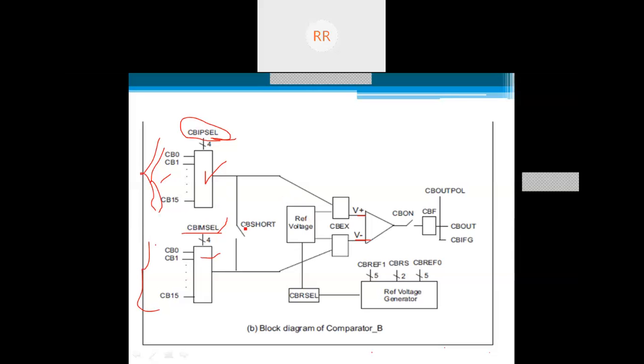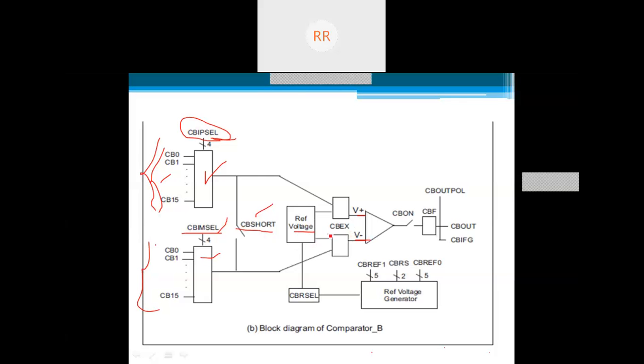To select inputs from CBIPSEL or CBIMSEL, the CBSHORT bit must be 1, it must be set. Otherwise, if it is 0, it is going to select the input from the reference voltage source, that is 1.5 volts, 2 volts or 2.5 volts.